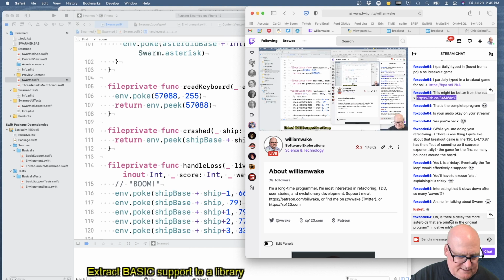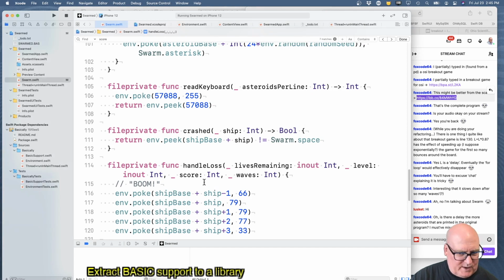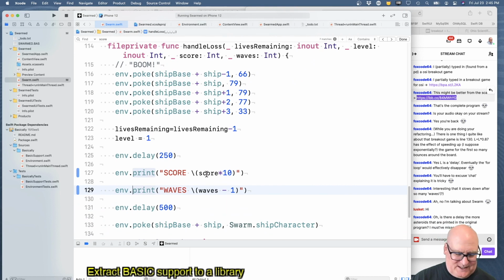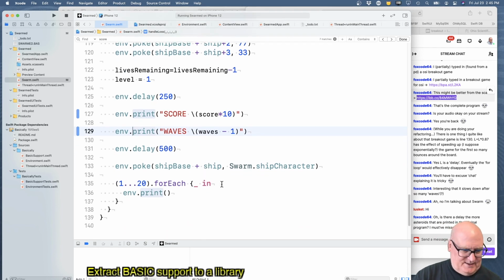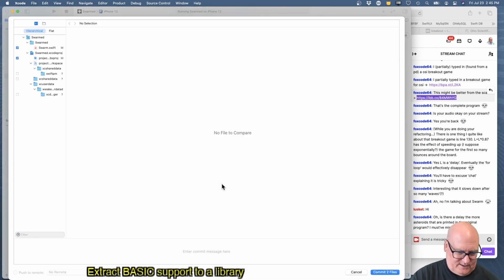Yeah, I have to check. I think something's a little slower as things go. What I may be remembering is as it wrote more asterisks, it just took longer to do the printing in the old BASIC. It only ran a few hundred statements a second, maybe. I don't know. Let's see. Okay, so we caught the remaining